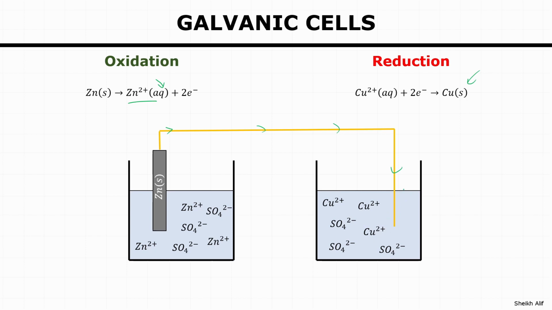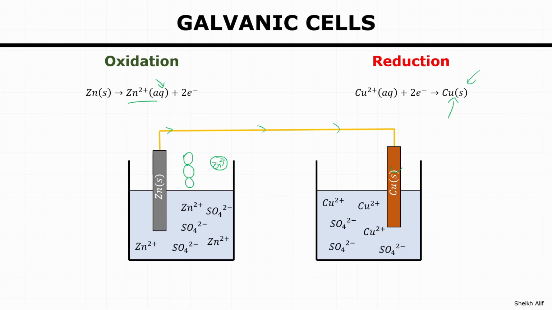Well, you would need some sort of solid copper where the newly formed copper solid atoms can accumulate. So essentially what's happening is that there's this zinc solid, those individual zinc atoms. Those zinc atoms are separated from the big solid and they become zinc 2 plus and they go into the solution. The electrons that are given off from this reaction travel through this wire into the copper sulfate solution. And when they react with the copper 2 plus, they turn into a solid and